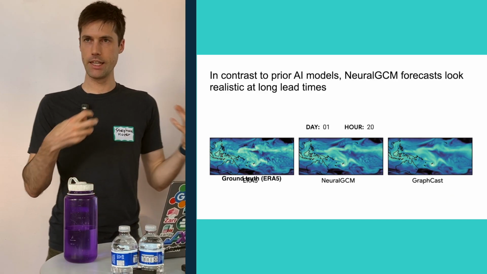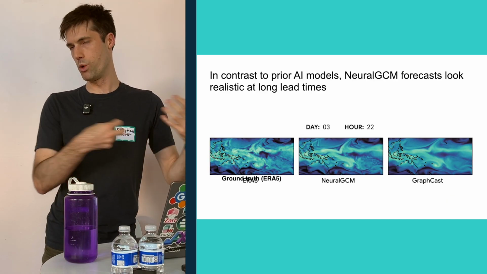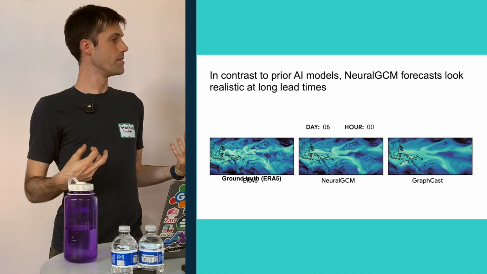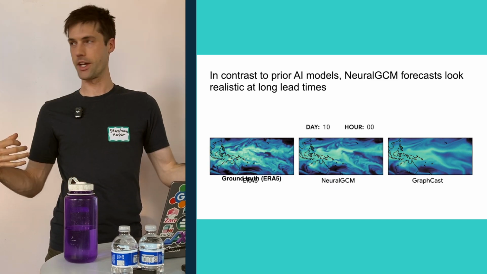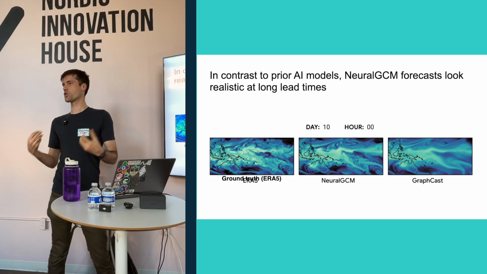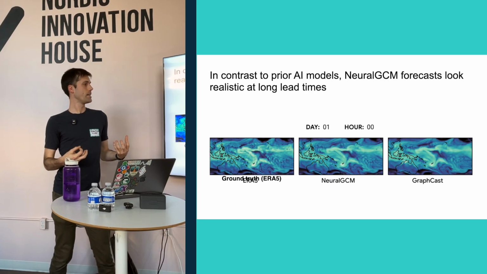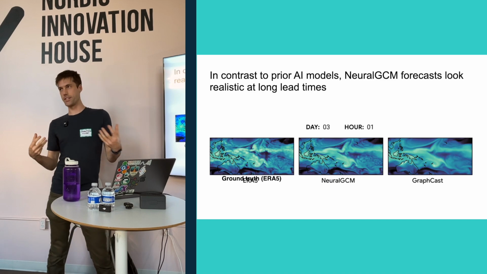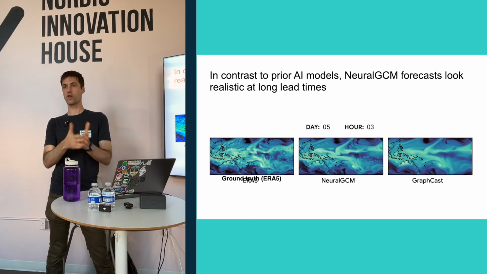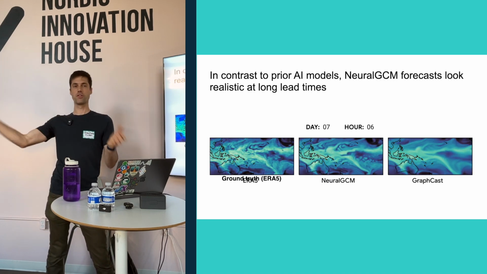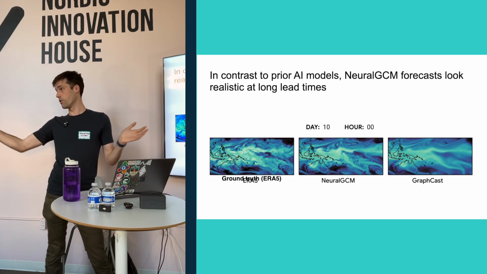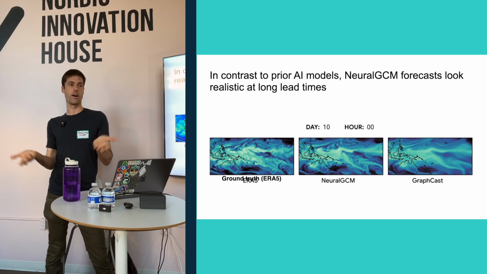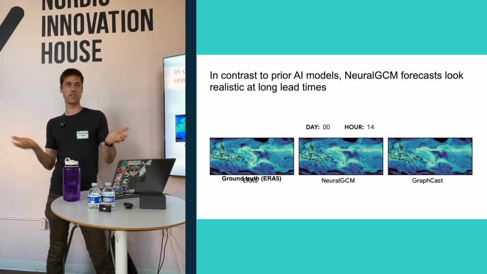The exciting thing about NeuralGCM, and what we're most focusing on here, is that we wanted a model that produces predictions that look really realistic. Most prior AI models were just trying to make a better weather forecast. And sometimes making a better weather forecast, you don't have to produce realistic weather. If the goal is to say what the weather will be like a week or 2 weeks from now, you can say, well, I think it's going to be about maybe 70 degrees in Palo Alto, and that's probably about right.